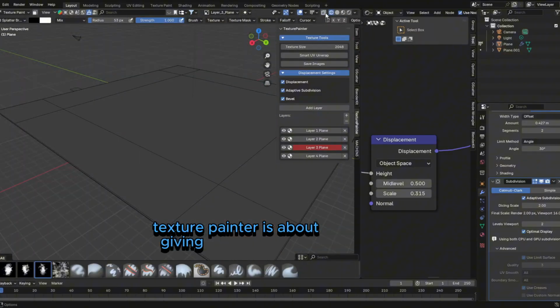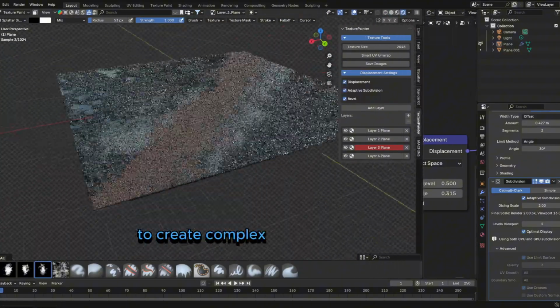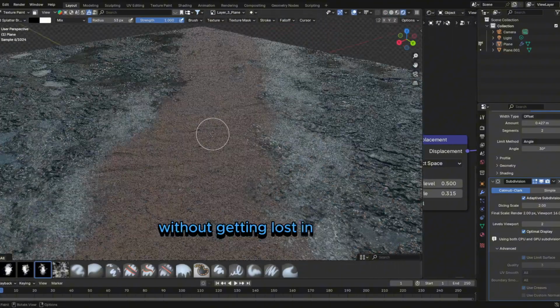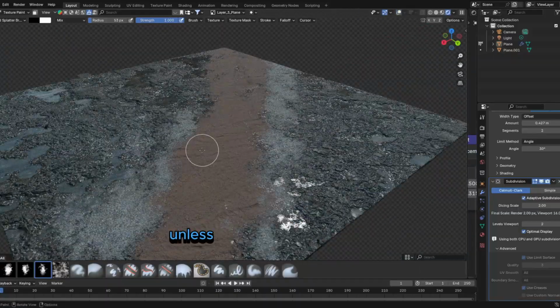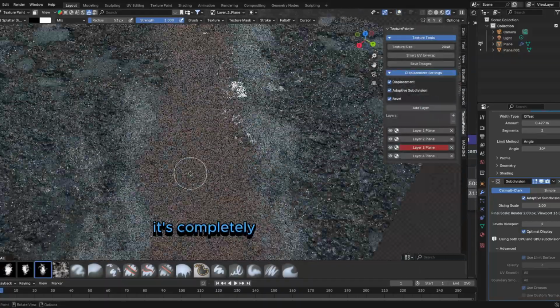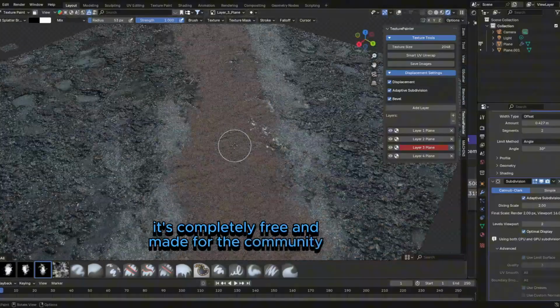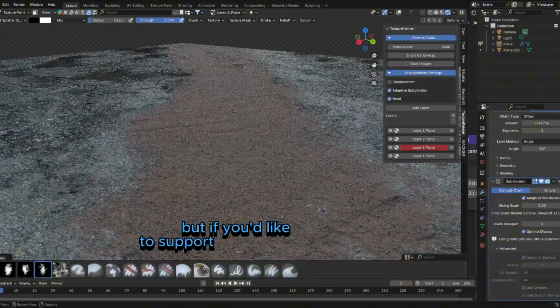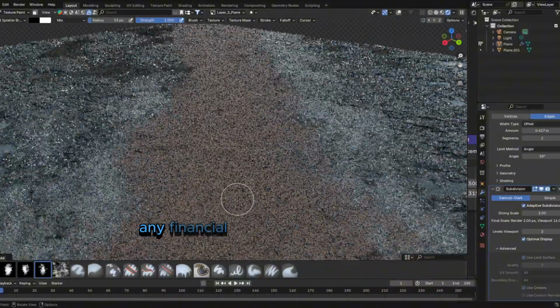TexturePainter is about giving you the power to create complex materials without getting lost in endless node setups, unless you want to. It's completely free and made for the community, but if you'd like to support its development, any financial